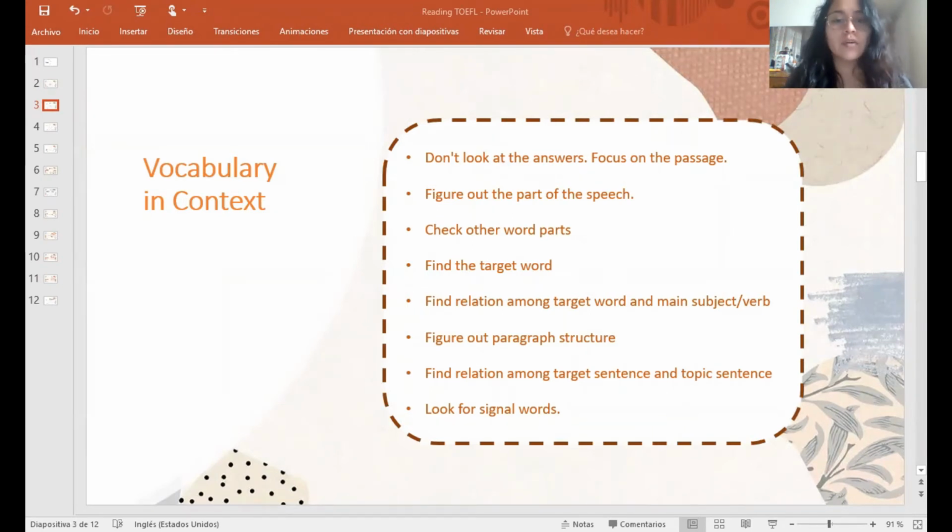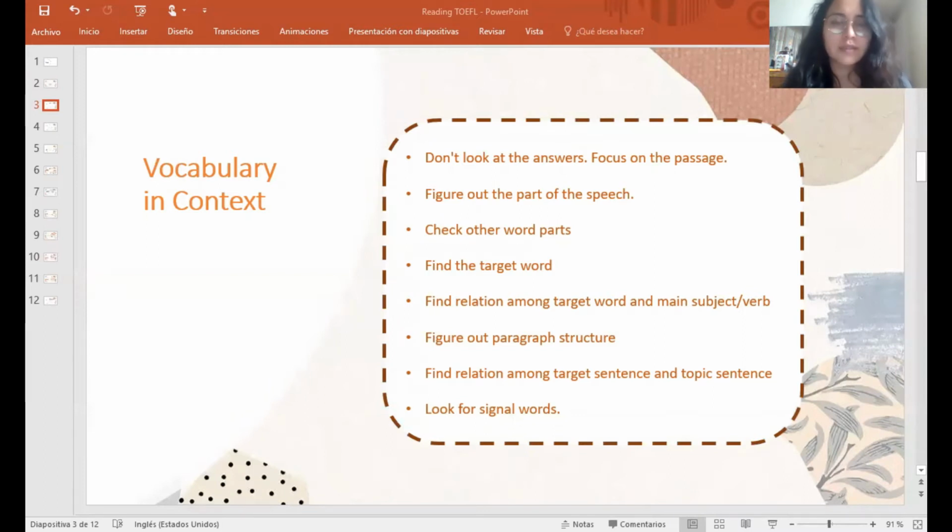Third, check any other word part that you may know. Fourth, find the target word in the sentence, and then find the main subject and verb. And fifth, find the relation of the target word to the main subject and verb. Sixth, figure out the structure of the paragraph and look for the topic sentence, supporting ideas, and details. Seventh, find the relation of the target sentence to the topic sentence. 8. Look for signal words like also, and, but, however, for contrast,